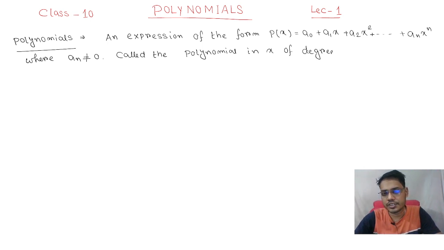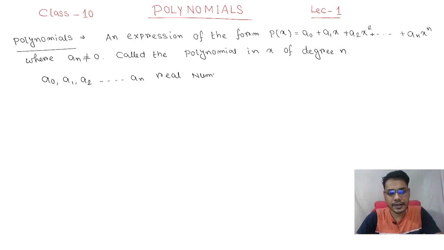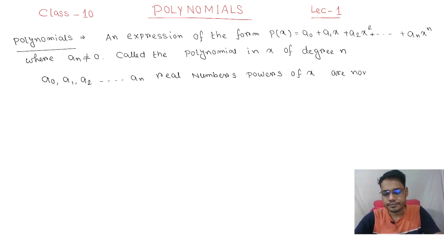यहाँ पे x का पॉलिनोमियल जिसकी डिग्री n है। ओके, जहां पे आपको ये पता चलेगा कि a0, a1, a2, up to an, all these are real numbers, and the powers of x are non-negative. ये पॉजिटिव होगा, और x की पावर पॉजिटिव, उसके साथ साथ a0, a1, a2 अप टू an ये रियल नंबर्स होना चाहिए। फॉर एग्जाम्पल,